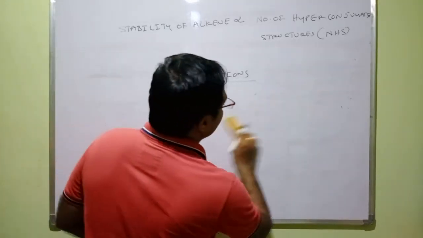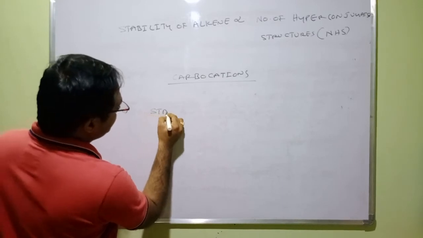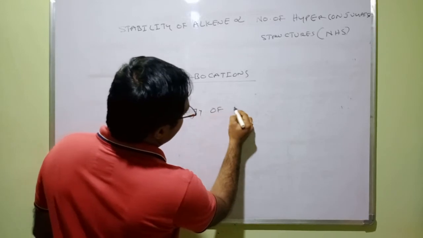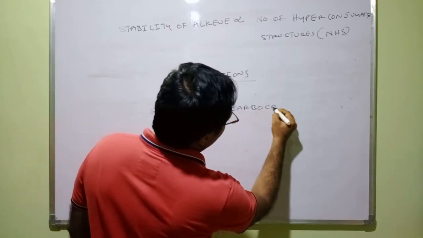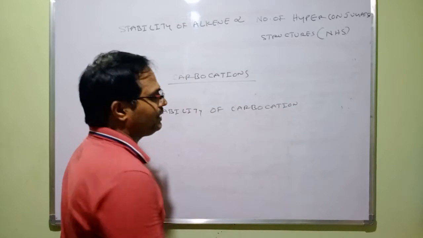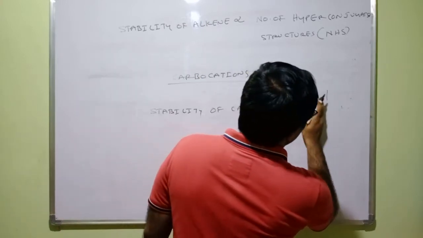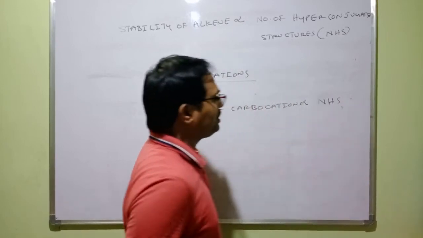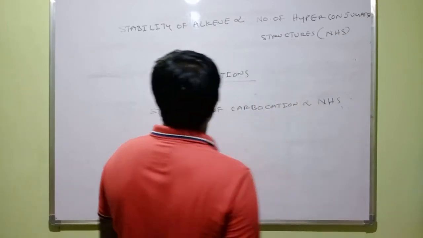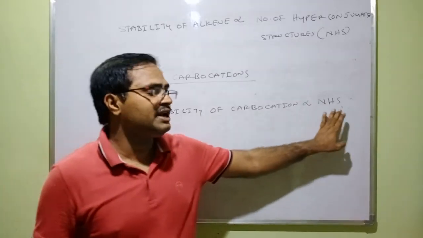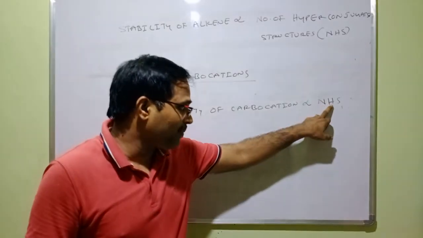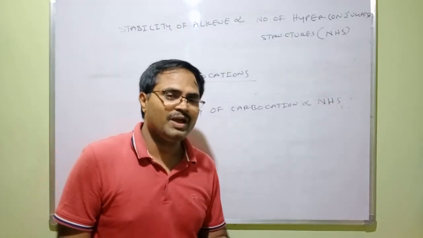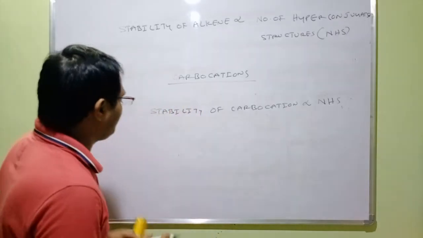Again, stability of carbocation is directly proportional to the number of hyperconjugated structures. As a shortcut I have written NHS, that means number of hyperconjugated structures. So let me take